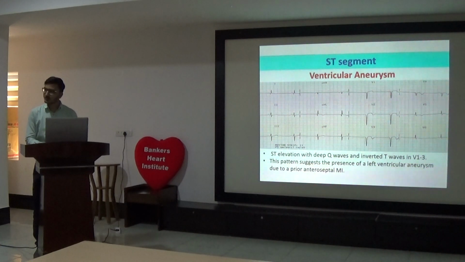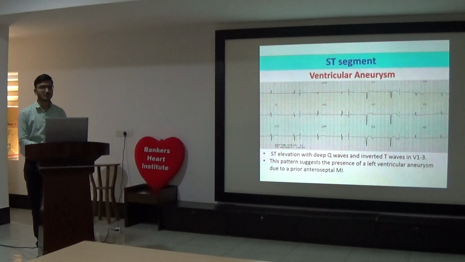If you don't have any history, what will you label? Will you label it as ST elevation or ventricular aneurysm? No, if there is nothing, this is simple ST elevation. Yes, old anterior MI with ST elevation. If you don't have any history, then we say ST elevation. There is a very deep Q wave in V1 to V3. So it's old MI with the consistent ST elevation. But we don't have any previous ECG to compare as such. The patient is highly bradycardic, so I don't know whether it's drug effect or something else, but mostly the patient is on a beta blocker.